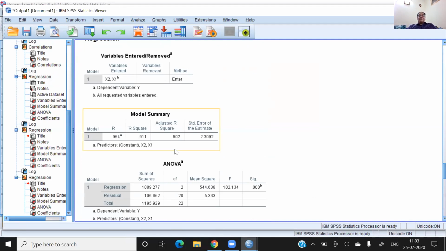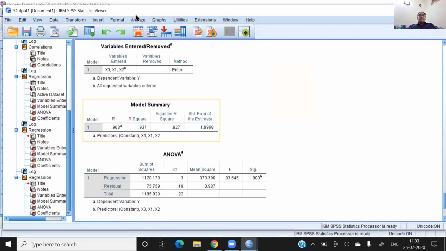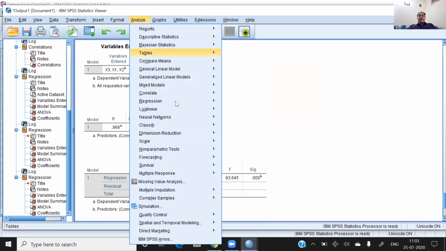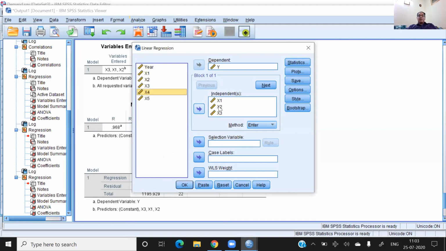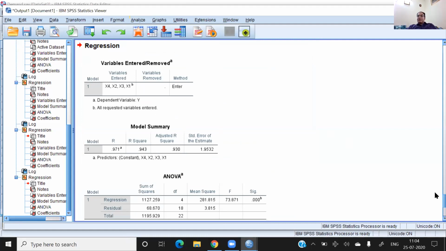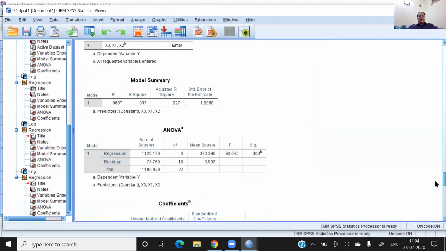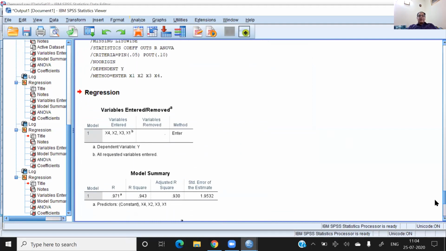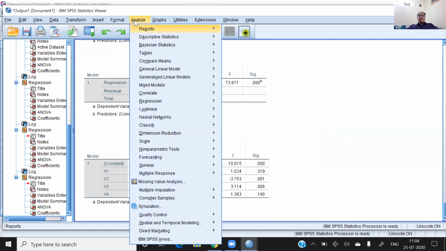So it increases from 90 to 927, right? It is good. Then I add a new variable again. Suppose I add x4 and check it. Now it is 93, very good. It is also increasing the adjusted R square, 92793. Yeah, fine. Let me add one more variable,